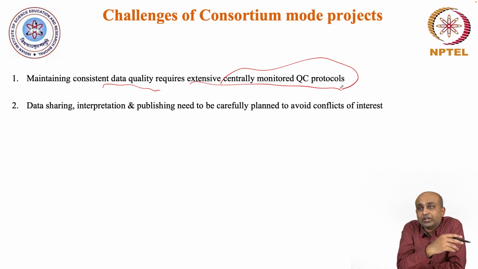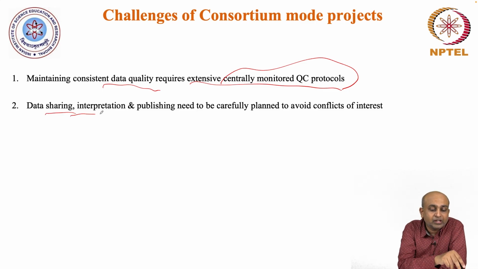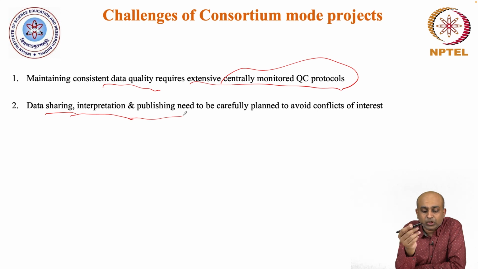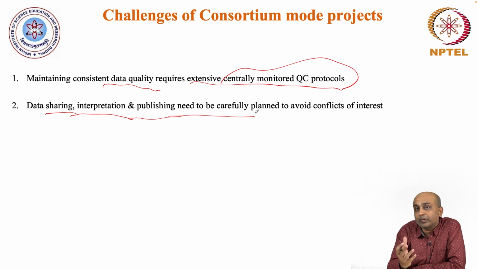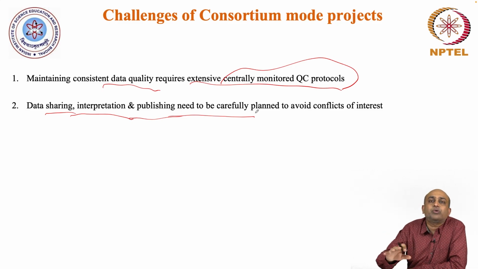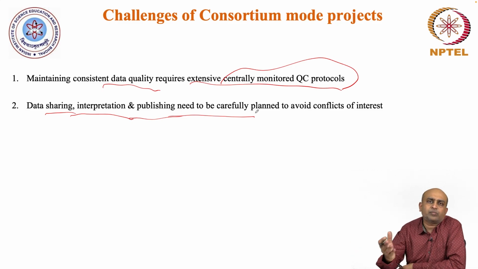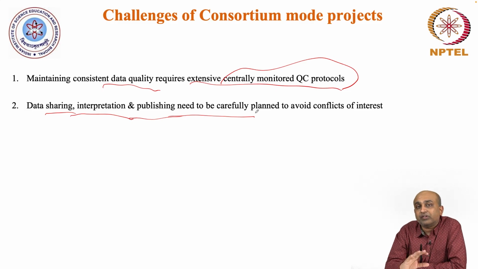Then when we are saying these consortia are working for the common good, of course, yes, they want to do sharing of data, interpretation, publishing as a consortium, all of this is there, but of course this needs careful planning because different entities involved in this project may have conflicting interests. Somebody may be interested in some particular part of the genome, they have some genes of interest in that, so they want to publish their results and they don't really care about the biology of other parts. So there can be very different such conflicting interests of the entities. So there needs to be good coordination so that these kinds of conflicts of interests are managed.